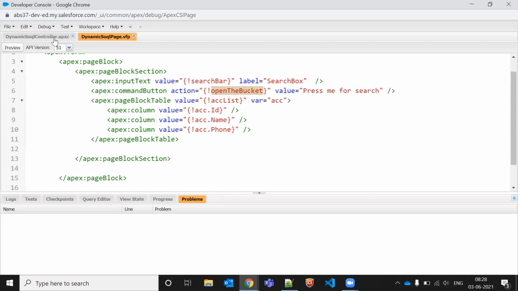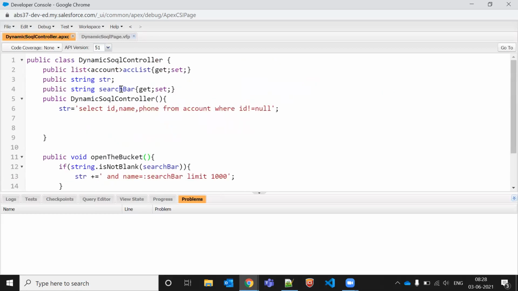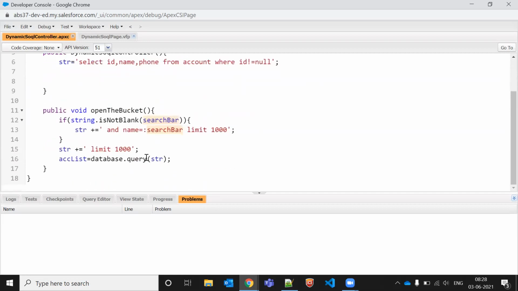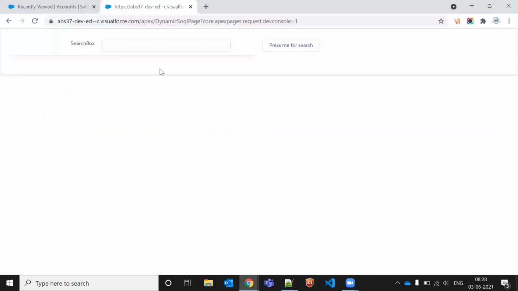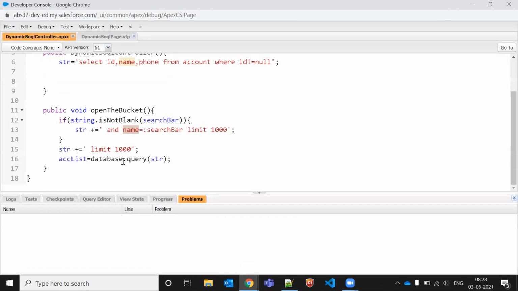Okay, so these are the things. So we made all these things. So now it's a search bar, it's for phone. So it's a name. So let me just go there, and we are not able to see any of the result here. Why? Because the database.query is running inside the